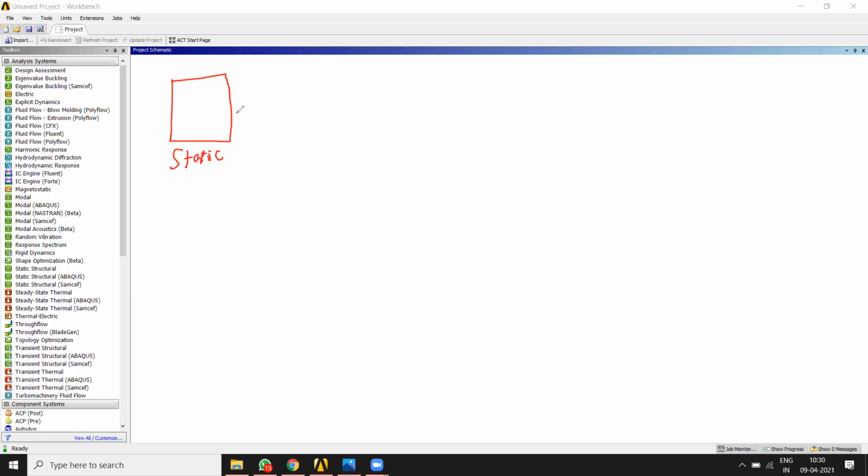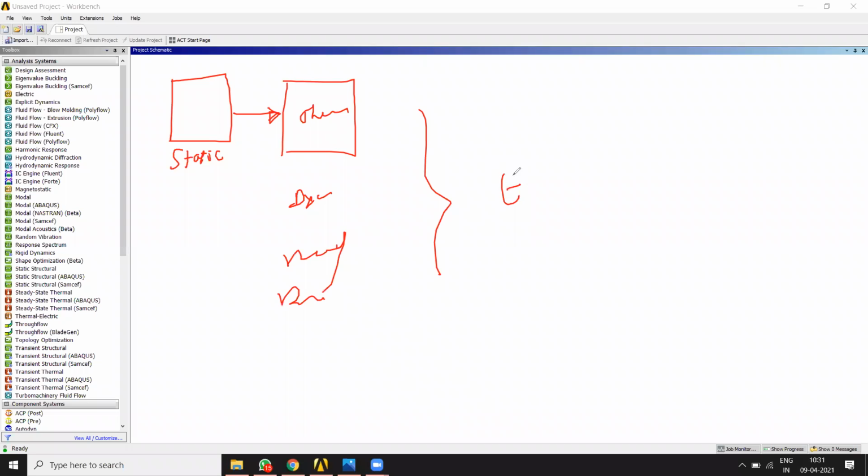If it is satisfactory, then you add on different types of analysis. Like if you have some kind of thermal load, you add a thermal analysis. Then you can do a dynamic analysis, modal analysis, buckling analysis. Afterward you can pursue further and perform explicit dynamic analysis, etc.